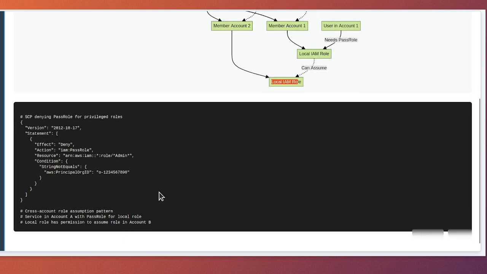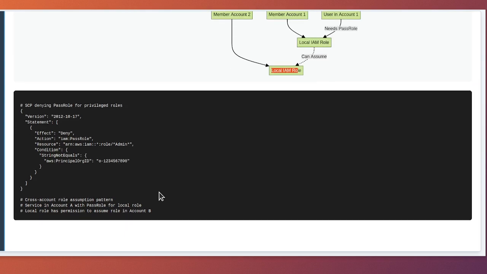Below the diagram, we have 2 code examples. The first shows an SCP denying PassRole for privileged roles. The statement has effect set to deny, action set to IAM PassRole, and resource set to ARN AWS IAM *role/admin*, which matches any role with admin in its name across any account. The condition block uses string not equals with AWS:principal org ID comparing against organization ID